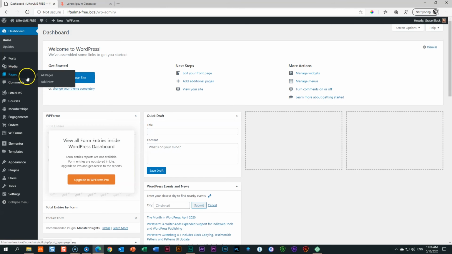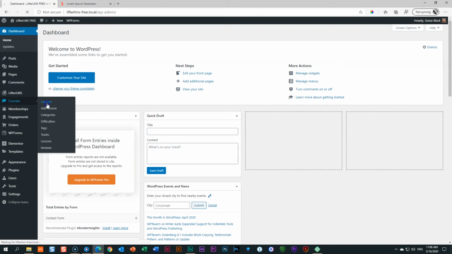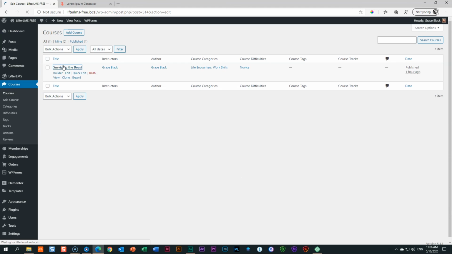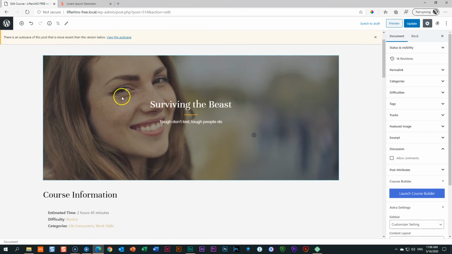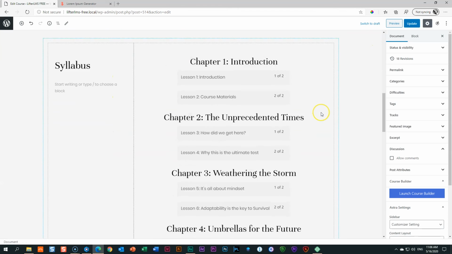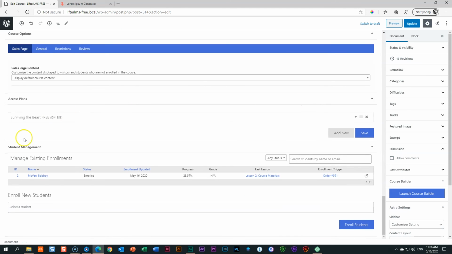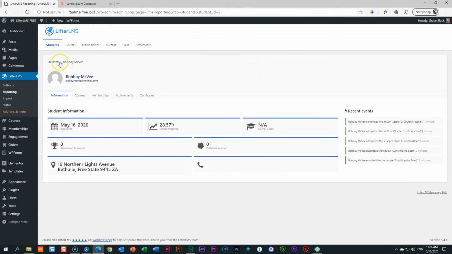Right, so what this means for us is that if I go to that course we had built, so we go to Courses, click on Surviving the Beast, scroll all the way down, let me just close this one. You are going to see here Student Management, and you're going to see Bobby McVie has signed up. And the wonderful thing about Bobby McVie signing up, in order to manage the students, is when I click here on Bobby McVie, here we get all the details from Bobby McVie, his information,